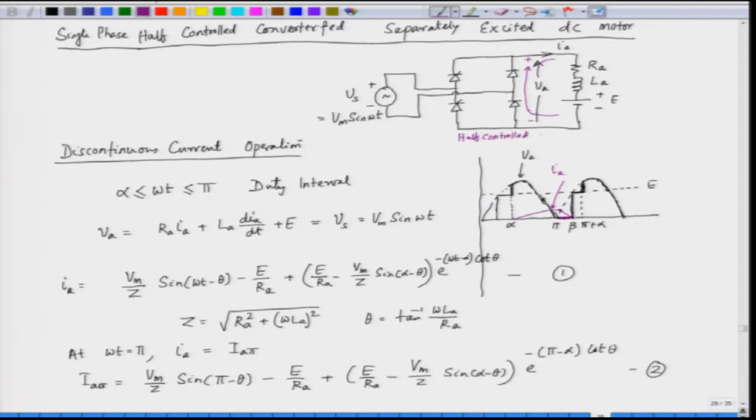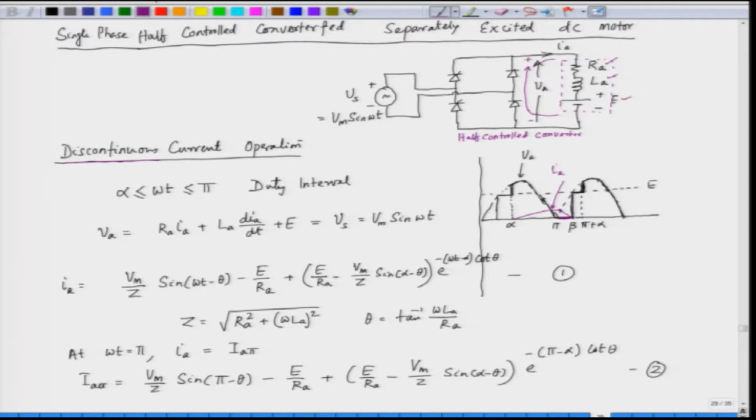We have 2 SCRs and 2 diodes, and this is feeding the armature of a separately excited DC motor. The armature consists of the resistance, the inductance and the back EMF, that is E. Now, as we have seen before, this can operate in 2 different modes, the discontinuous current operation and the continuous current operation. First of all, we will see the discontinuous current operation that we were discussing in the last lecture,